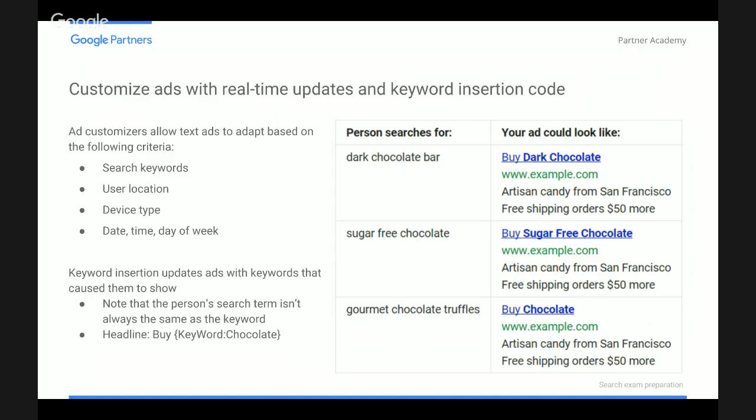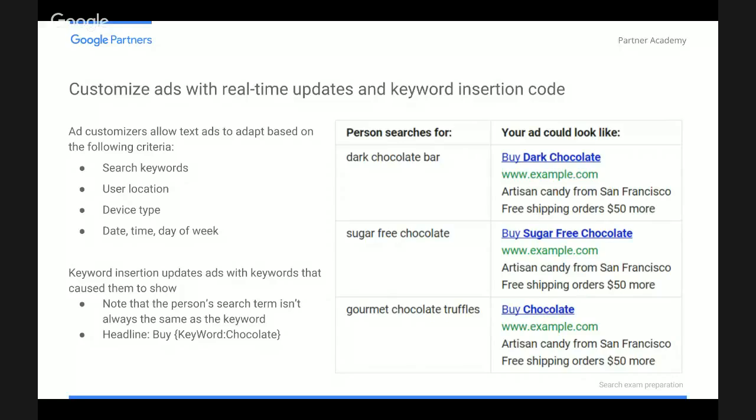Moving forward to customizing ads. Now, another scenario here. Let's say that you're selling products and services whereby you're not really aware of how people will find you on Google. So there are two types of things which we can do. One is dynamic keyword insertion. Basically, if you look at the example here, we can substitute the headline with curly brackets and have the phrase keyword colon the name of the particular word, which would be put in the ad text if there's nothing to